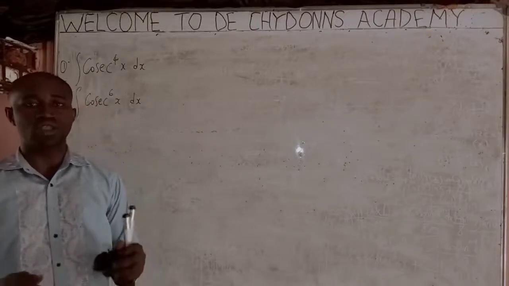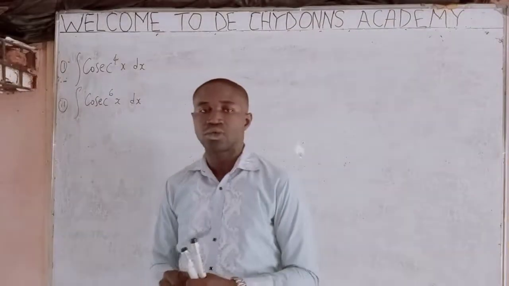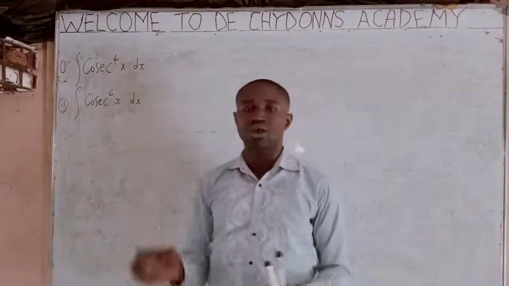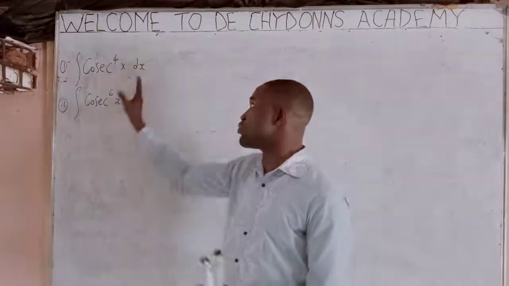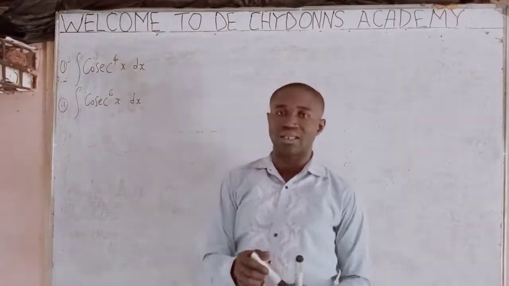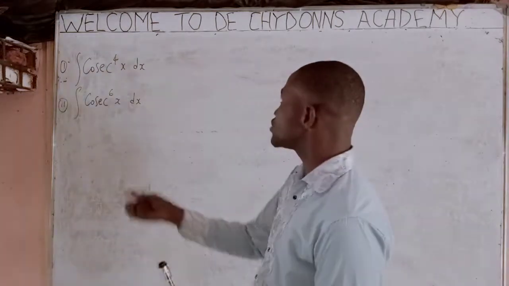Welcome again to the topic integration. We want to see how to integrate the question we have on the board. Now, to integrate this, we want to derive a shortcut that we can use to integrate it. So whenever we see a question on this, we use those shortcuts and integrate it. Now, to derive the shortcut, we now say,